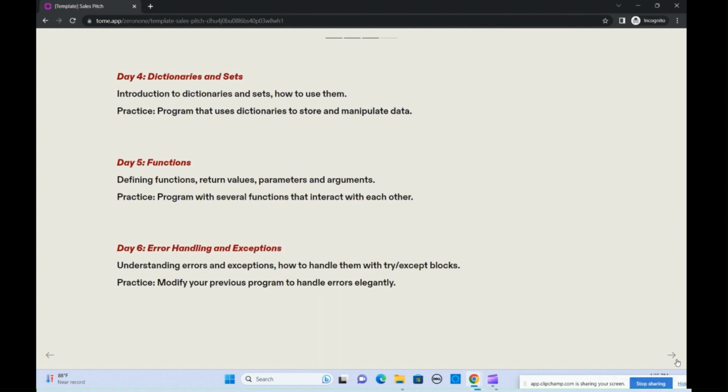In the same way, on day four, the exciting things that we are looking at are dictionaries and sets. So the practice programs here will be programs that use dictionaries to store and manipulate data.